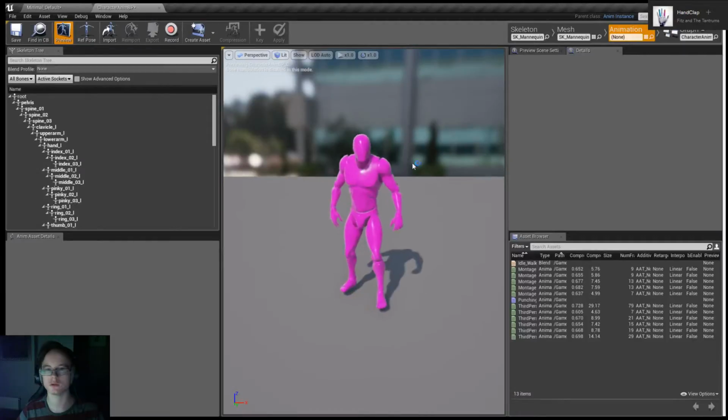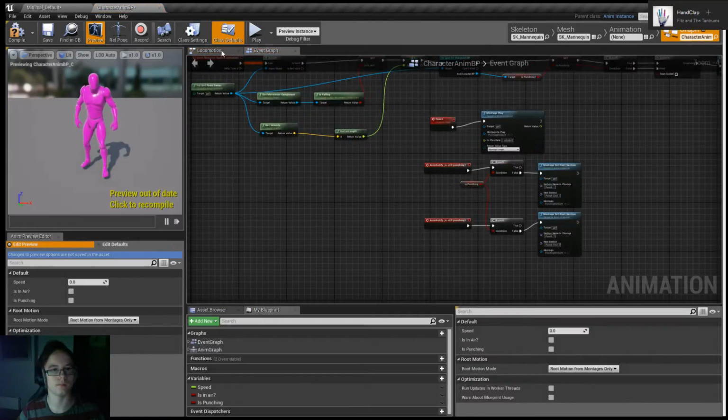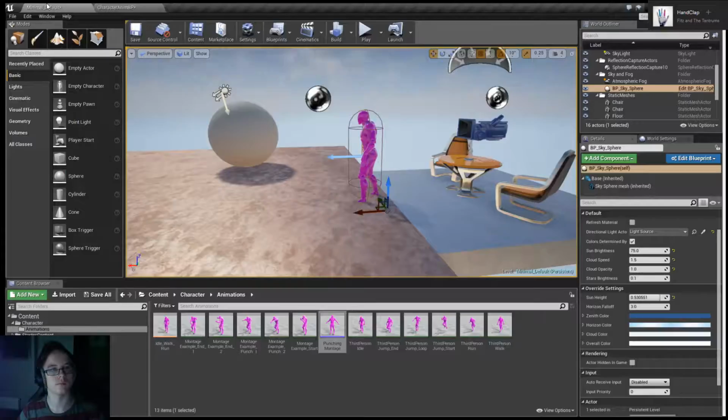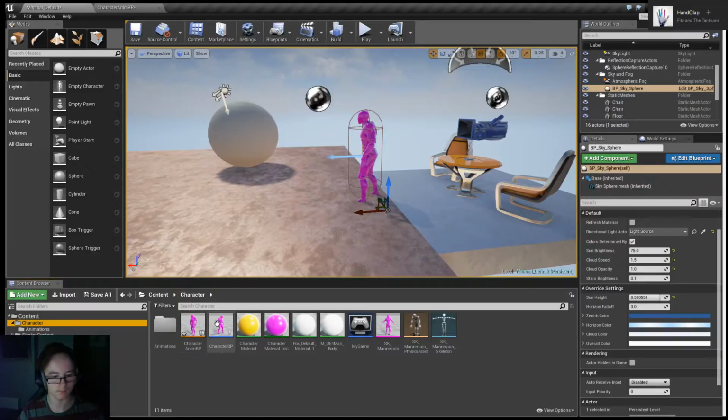Is it in the animation? I'll have to remind myself how I did it, but basically when, no, it's not this. When